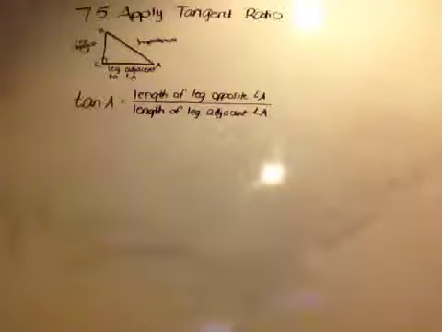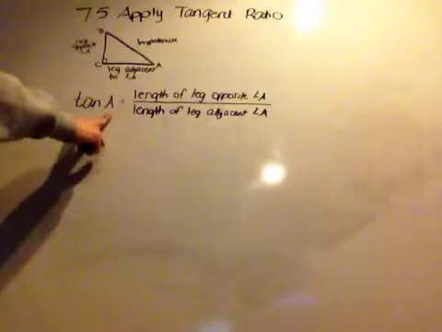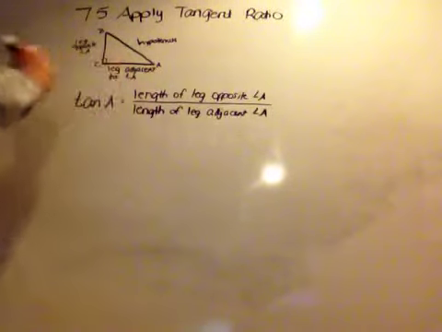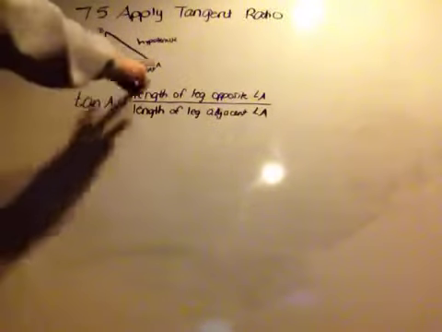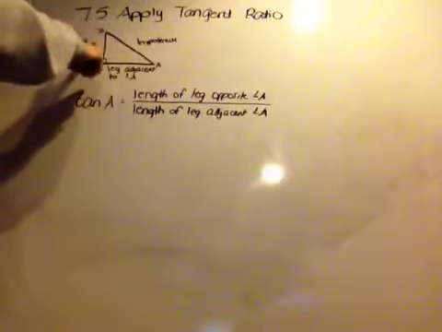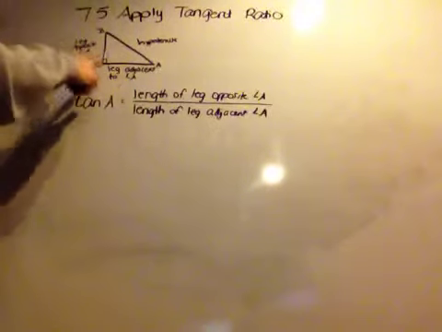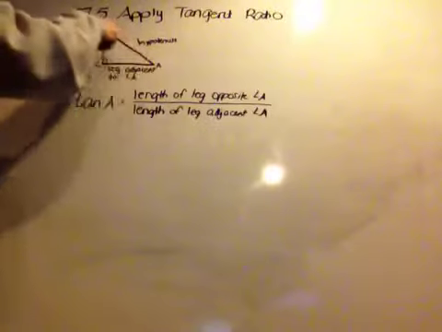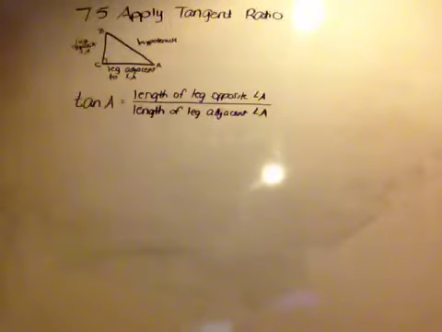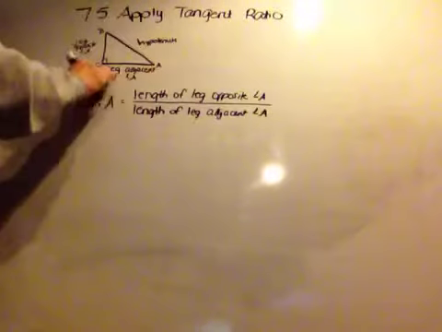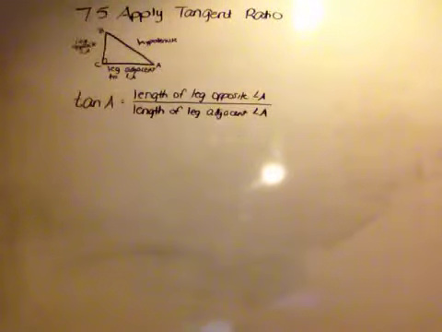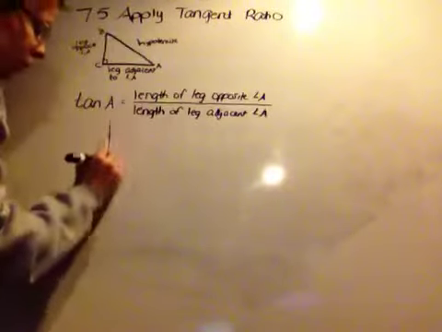So let triangle ABC be a right triangle with an acute angle, angle A. The tangent of angle A, written as tan A, is defined as follows. It's the length of the leg opposite of angle A over the length of the leg adjacent to angle A. So in angle A, the leg opposite of that is the one that does not touch it. And the adjacent leg is the one that makes up the angle with the hypotenuse. So the tangent does not use the hypotenuse, it only uses the opposite and the adjacent. So using the tangent ratio,